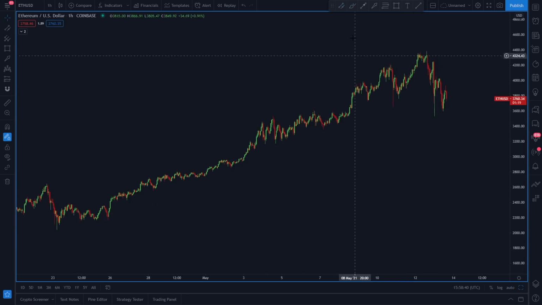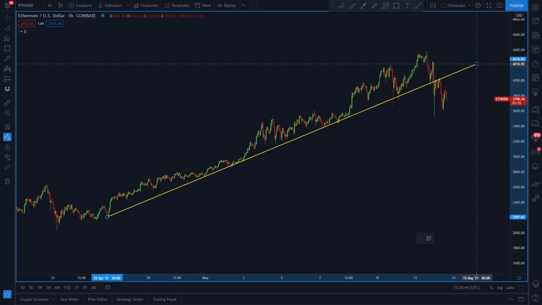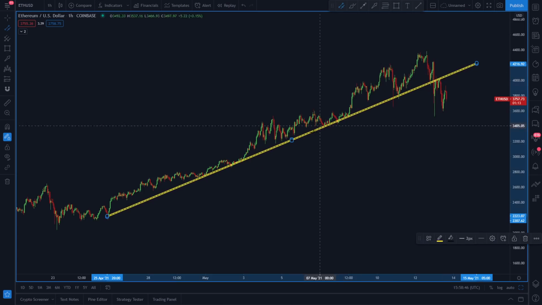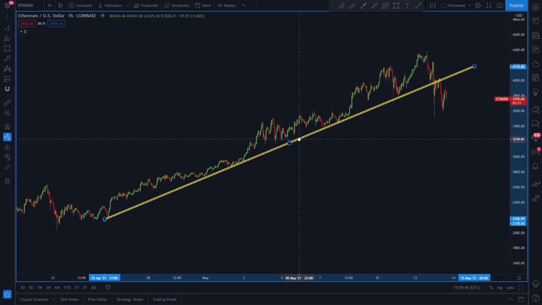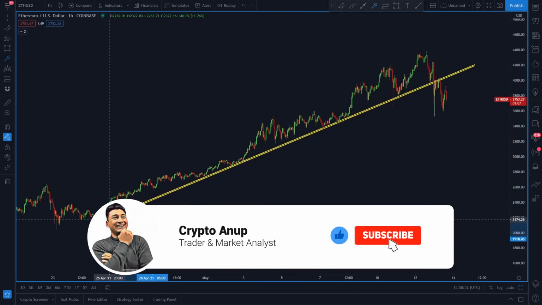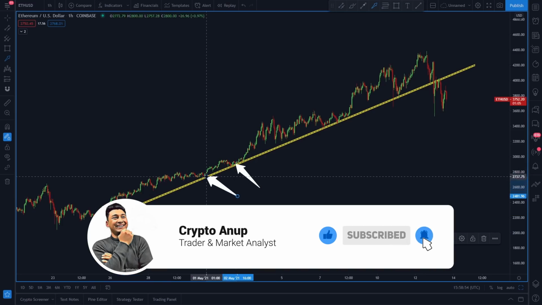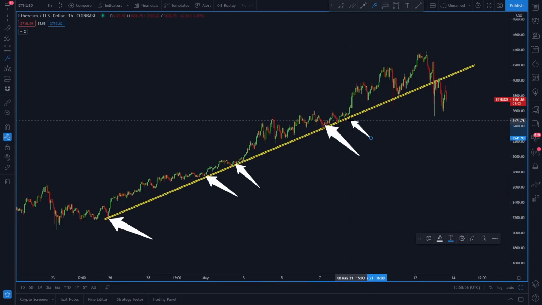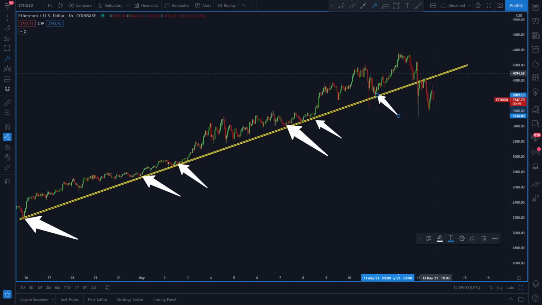So now if you look at this price action of Ether in hourly time frame, we did talk about this one scenario in my yesterday's video. I said very loud and clear, if the price of Ether wants to continue in an upper direction, we have to stay above this rising trend line at any cost, because this rising trend line in the past Ether price action has acted as a very strong support line,